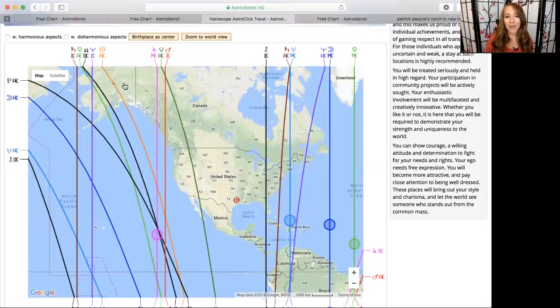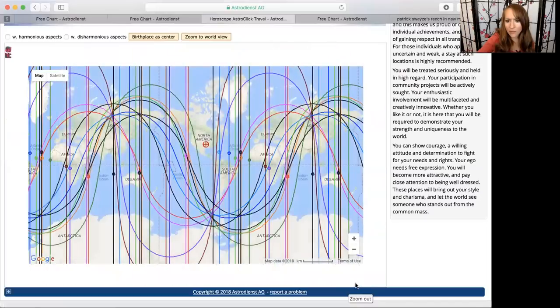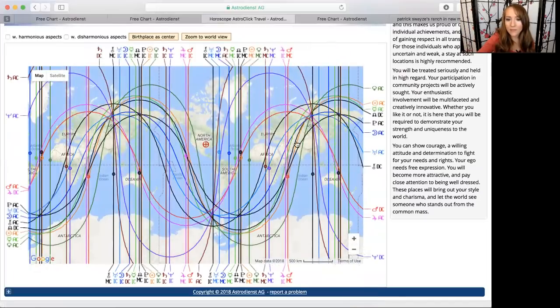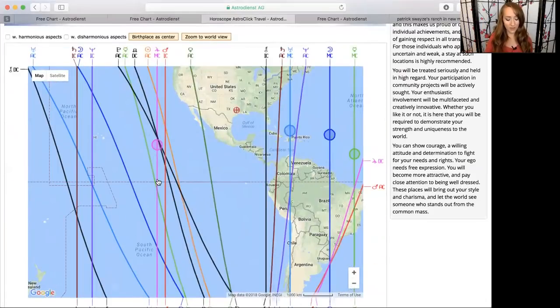And then let's talk about the moon's nodes before we go on to the other planetary energies, because those you can find here on the astrocartography chart. And so you see the moon's nodes right here. We have the lunar node descendant lines coming through Alaska again for Patrick Swayze. Let me find a different location for him with that. So in Greenland, Africa, there's not really a good example where he would maybe live. But, oh, maybe someplace in Asia. Anyway, so his descendant lines, sorry, the lunar node lines, what they do is they bring